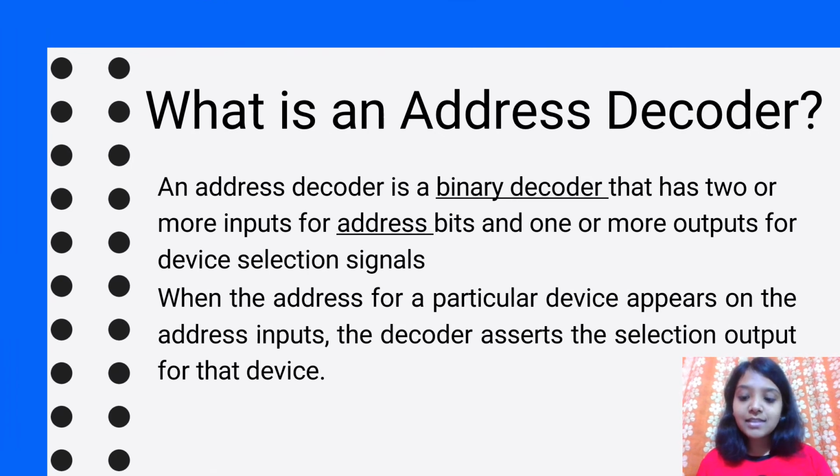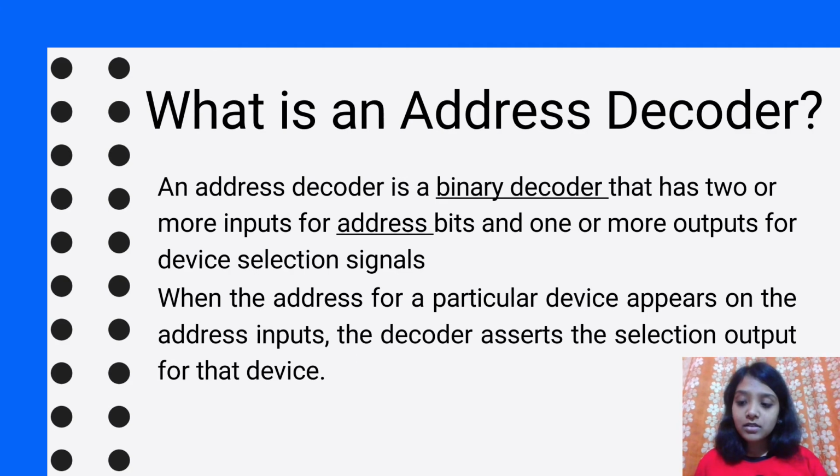So now let us see what an address decoder is. An address decoder is a binary decoder that has two or more inputs for address bits and one or more outputs for the device selection signals. When the address for a particular device appears on the address inputs, the decoder asserts the selection output for that device. So address decoders are used in